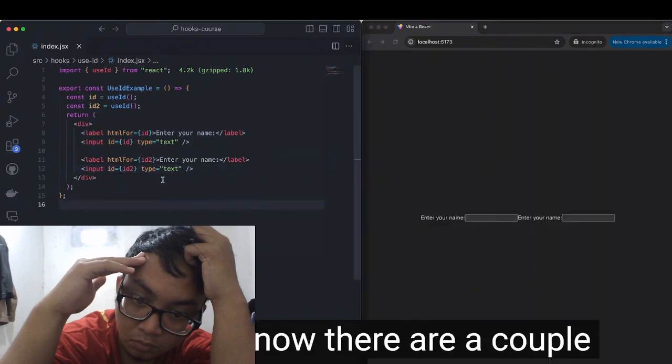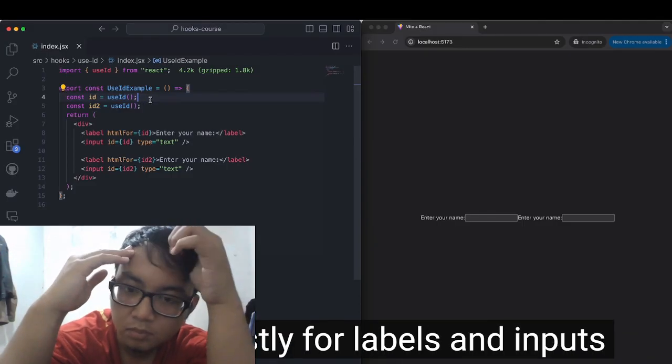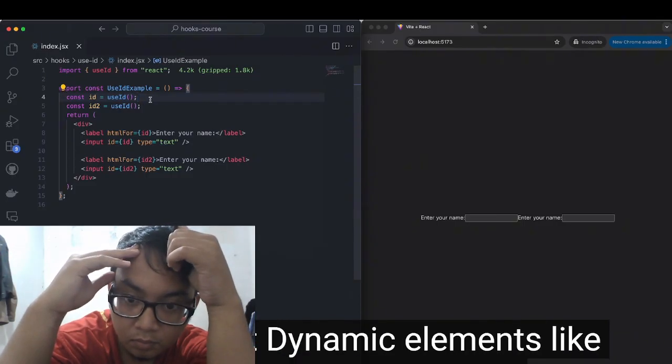Now, there are a couple things that I would say are best practices. For example, I would say use the use ID mostly for labels and inputs, but also for just dynamic elements, like whenever you have a section that might